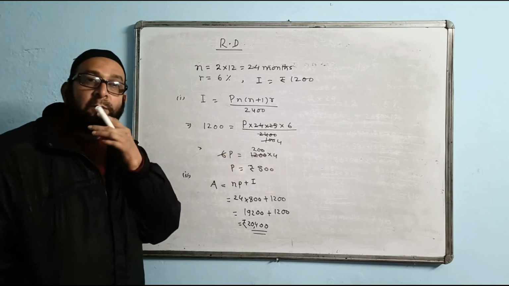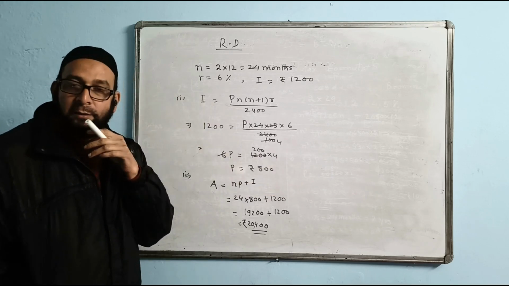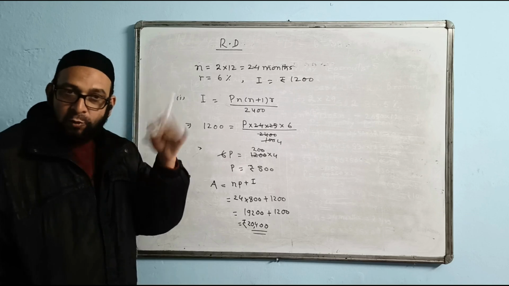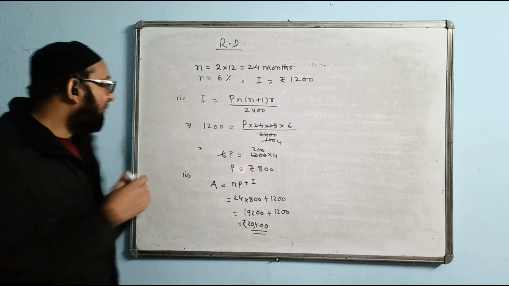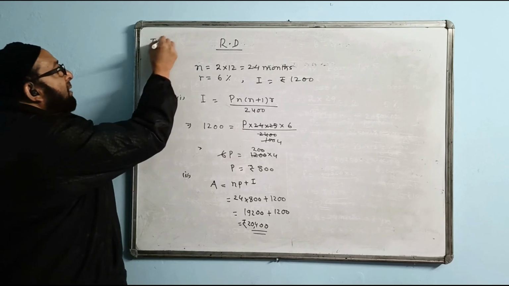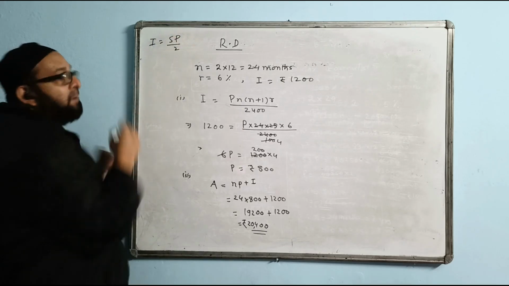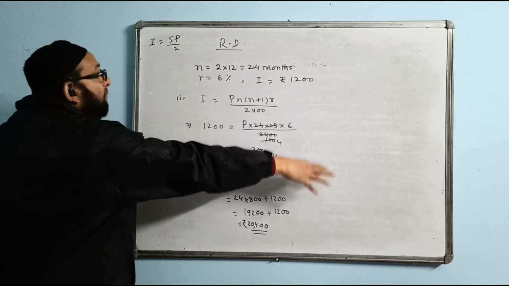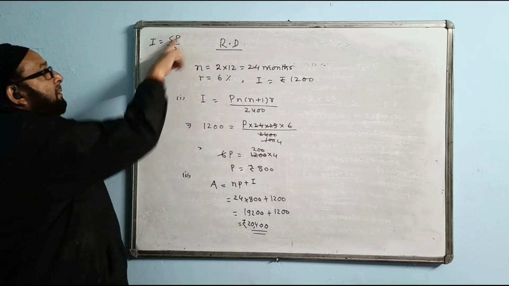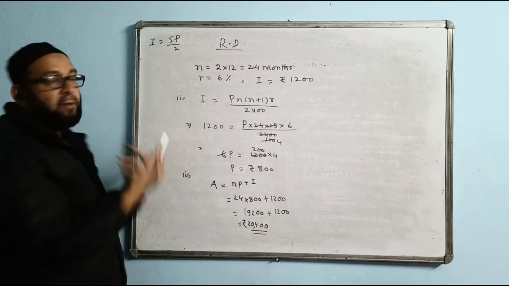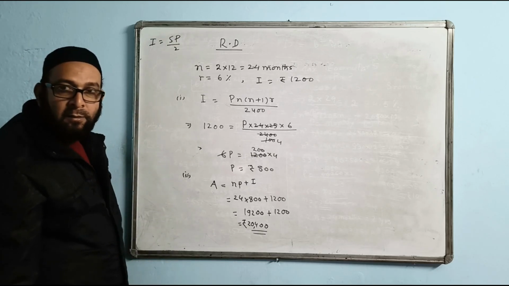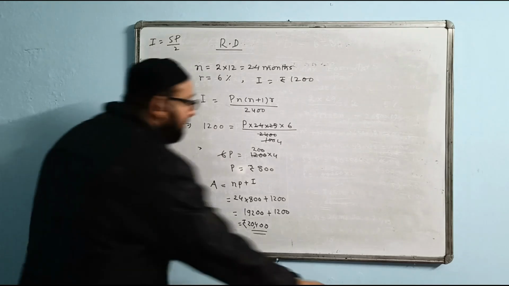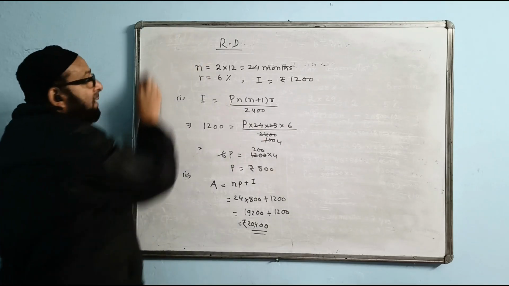P value you follow. Suppose P value I got 2500, in the previous question, I'm talking about the previous question. The value of P you got 2500, and we had the equation for interest, it was 5P upon 2. The value of P which you found, put it here. Then calculate 5 into this upon 2 and get the value of interest. That was an extra part of the question which I just said.